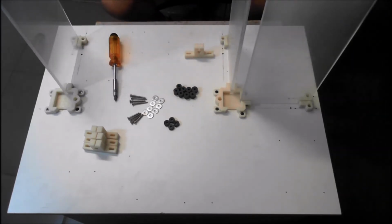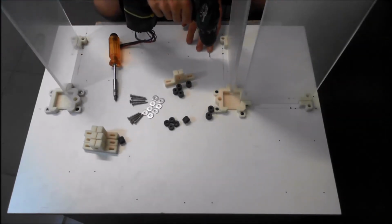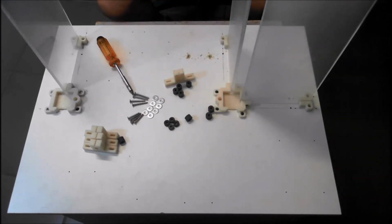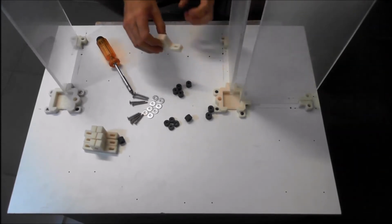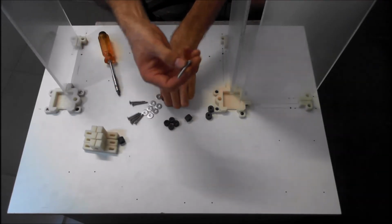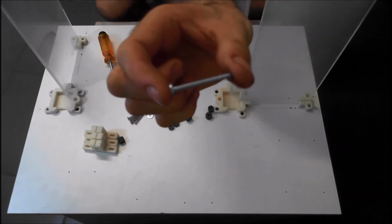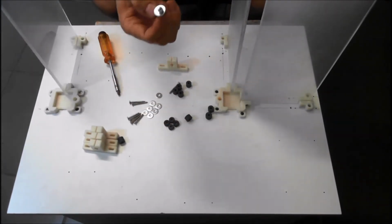So grab a drill, 3mm drill bit, drill out your first 2 holes. And then we'll start setting up the screws. So take a long screw. This is probably about 40 mils. It's an M4 40 mil self tapper. Put your washer on there. It's a mudguard washer,